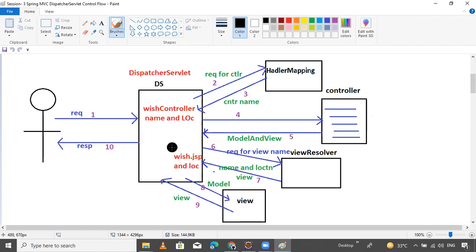Then the dispatcher servlet finds the view resolver. The dispatcher servlet sends the request to the view resolver for the name of the view and the location of the view part.